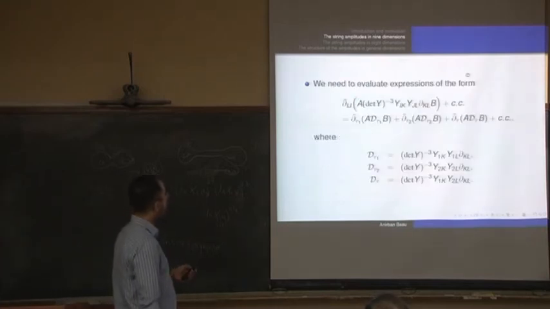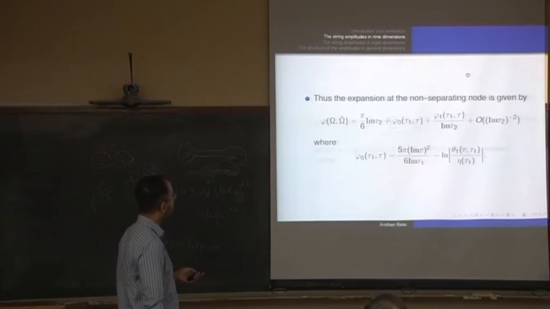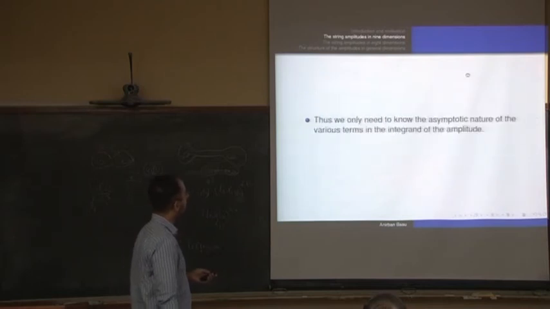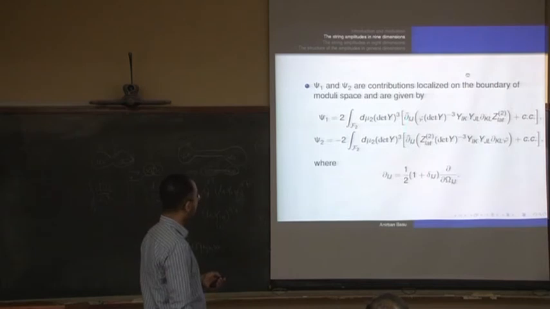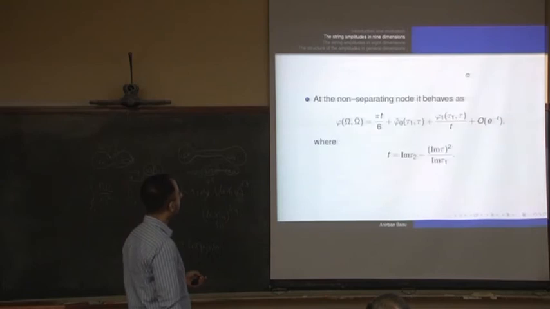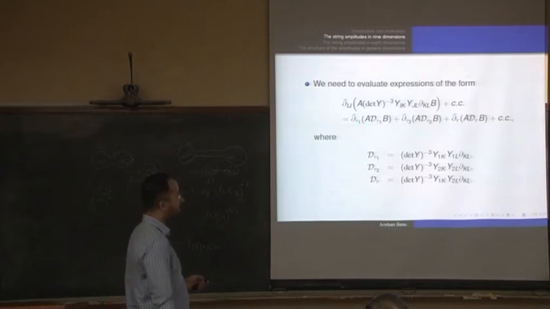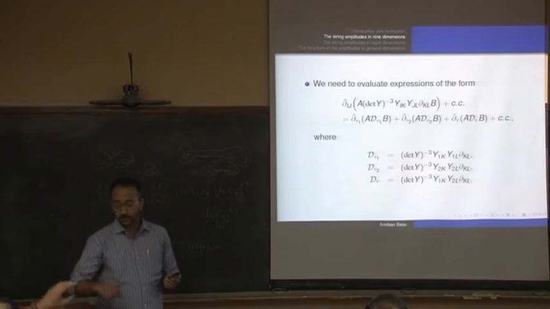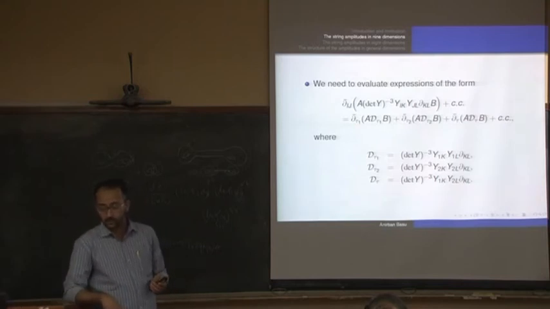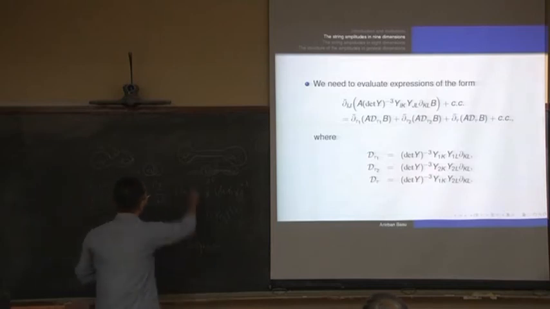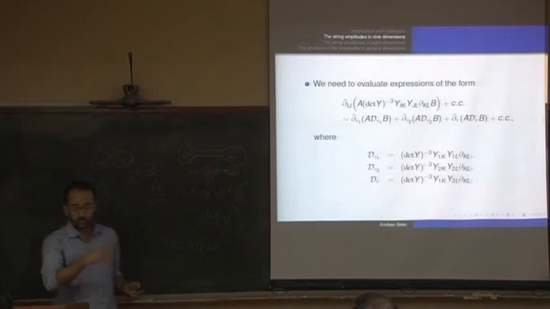And generally we need to evaluate expressions of this form. Because remember, we needed to do integrals like this here. There's a del bar here and something general, B, here. These kinds of integrals we need to do, where when you localize, say, in this, you should be able to give a physical interpretation to all these boundary points. Yeah, you can do that. Essentially it's the propagation of massless modes. And I will talk about this in more detail later, about how field theory arises in this.